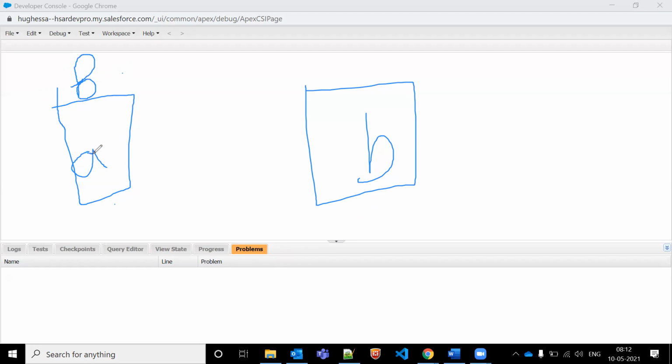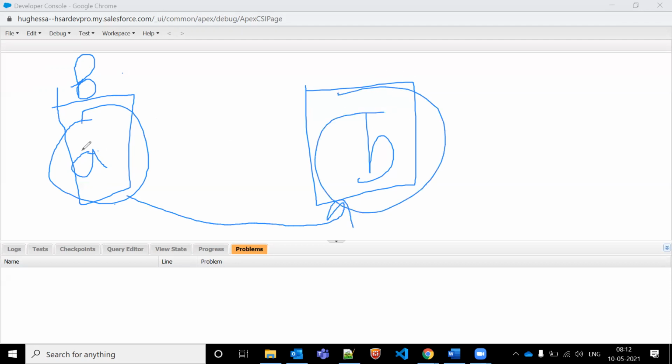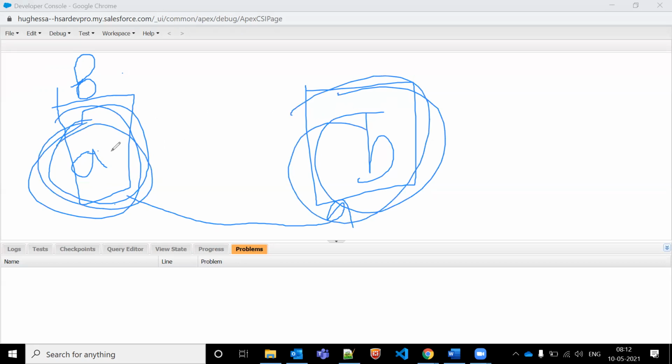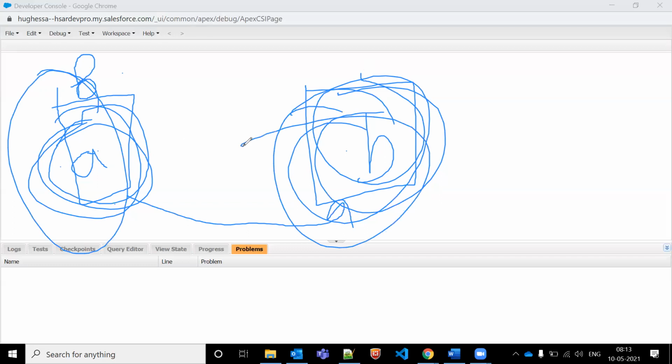But let's say I'm inserting data to object A, so that will throw the validation before it is inserted to the database, because we are working on the single object only. But in case of after, let's say we are inserting data to the database in object A, then first we will insert to the database, then after that it goes to B, and then it will be inserted into the database. First it will insert, then it will insert. That's why it's after. Once it has gone to the database, then it understands and executes. That's why we are saying this is before and this is after. You got the point or not?